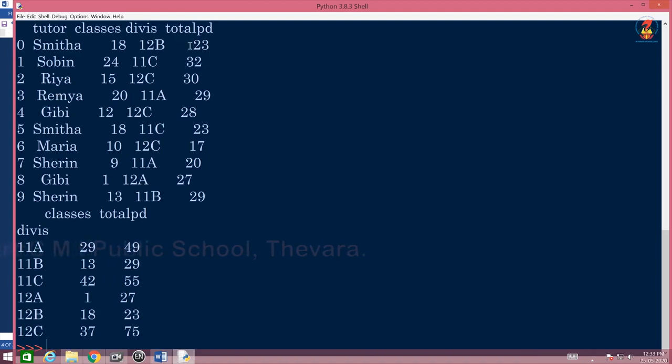Yeah, this one, see, total period is there. 11A you have, yeah, see, 29 plus 20, 49, like that we can have your mean also. Then 11B, only one is there, so 29 came. 11C we added up, 32 plus 23, that's it, no, 2 11Cs are there, correct?